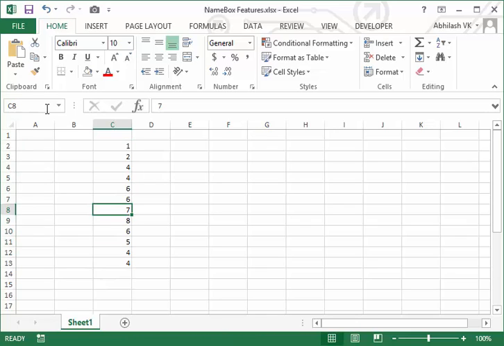Okay, boom, C8. So this is how you can use these name box features. I think using all these tips and tricks using the name box, you will be very familiar using an Excel sheet, right?